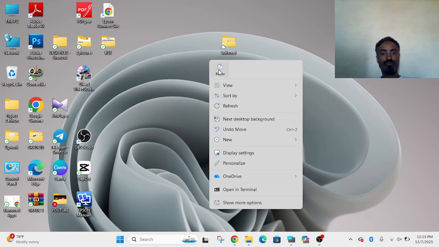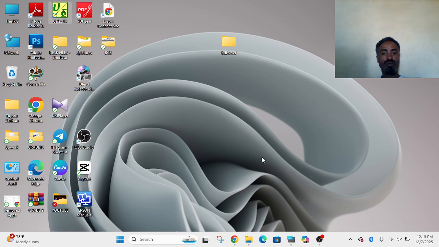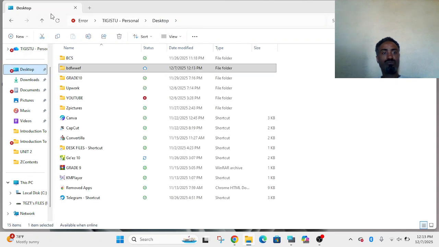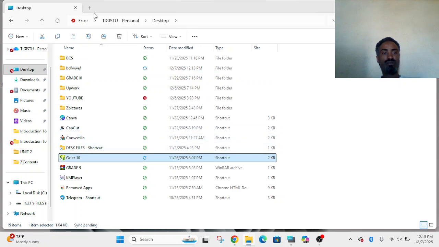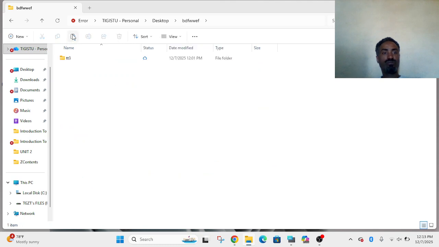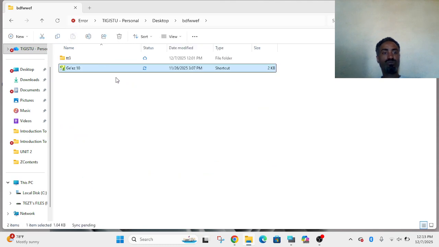Placing here. If you are in File Explorer, that's why we have said it's better to use File Explorer, we have additional options here. Selecting, for instance, this icon, then around here is cut. Then choosing the folder, here it is, paste.